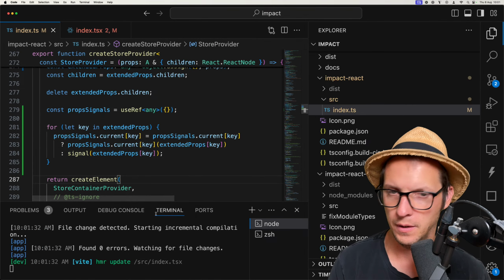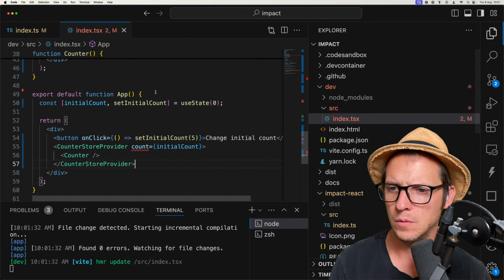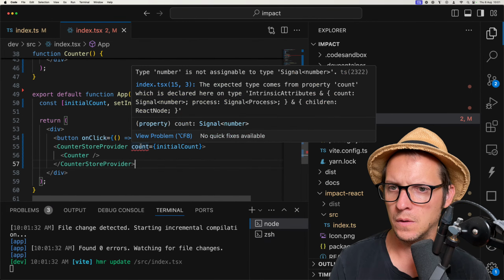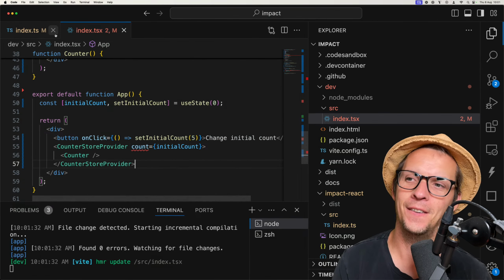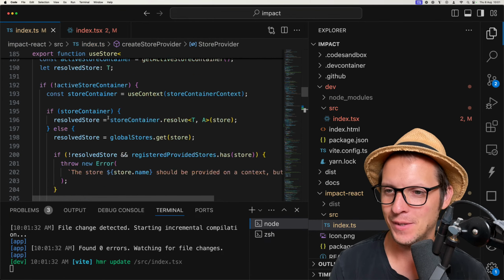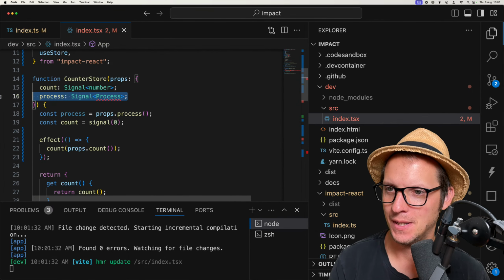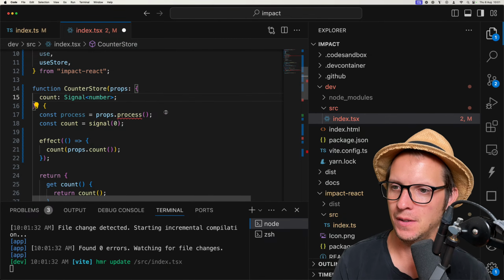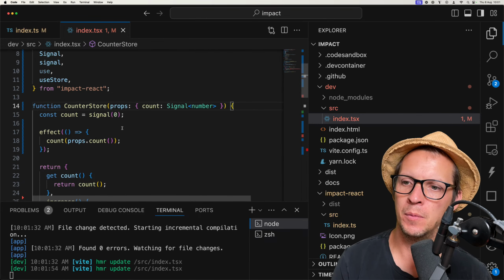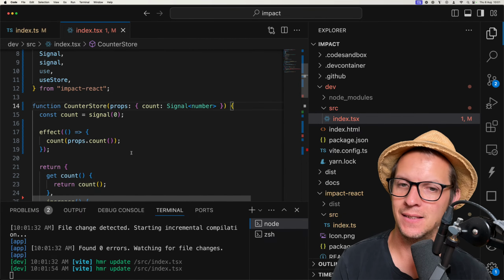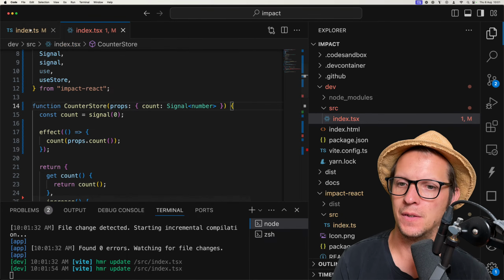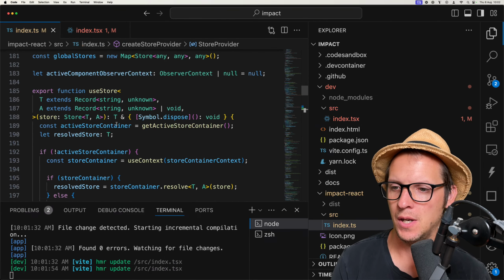Whatever. Okay. So this is now what we're seeing. The problem now is that we're saying signal number, right? But we're not passing it as a signal number. So now we have to change,